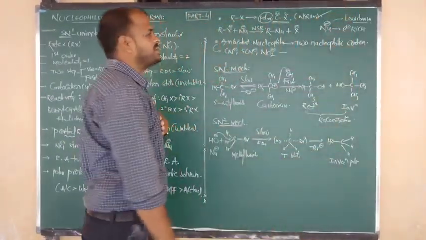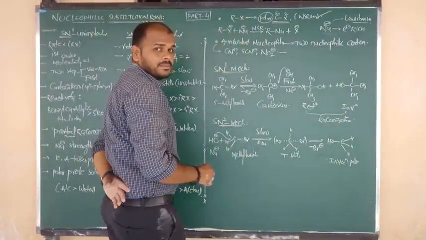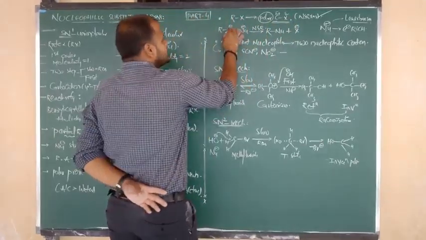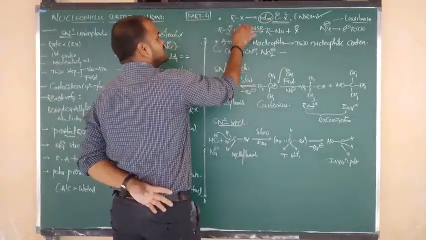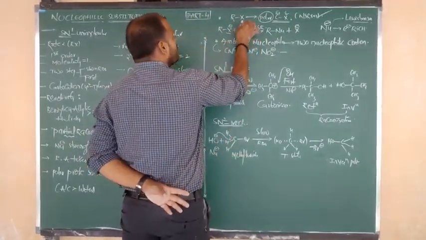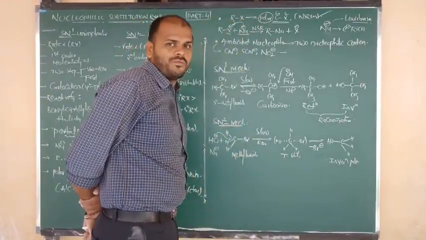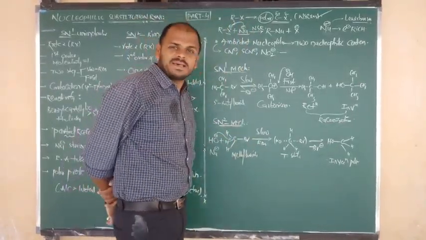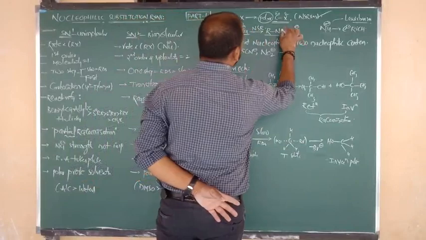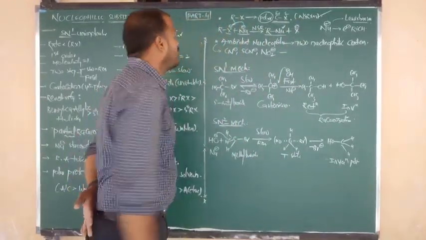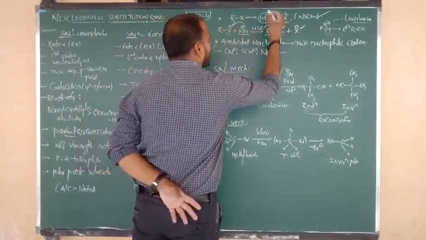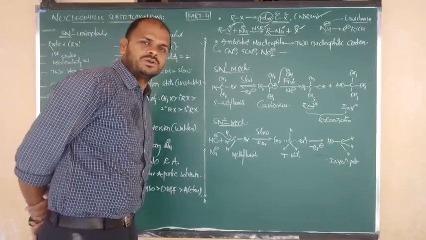One small reaction. Alkyl halide R-X undergoes nucleophilic substitution, that is, the nucleophile attacks. X minus is replaced by Nu minus, where minus means negative charge and Nu indicates the nucleophile, try to remember like that. So one nucleophile is replaced by another nucleophile. This is nucleophilic substitution. So R-X, X minus is replaced by Nu, this is the product of the reaction, and X minus is eliminated. So one nucleophile replaced by another nucleophile is called nucleophilic substitution reaction.